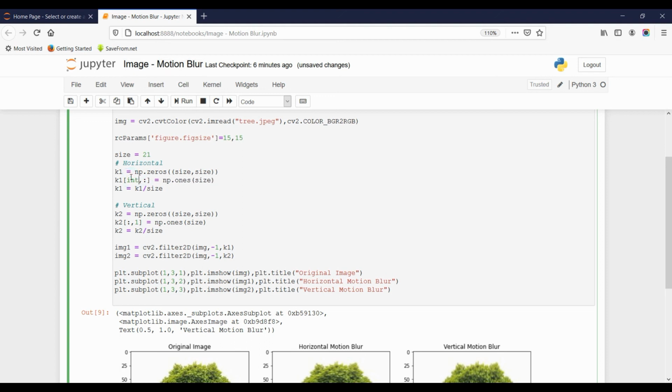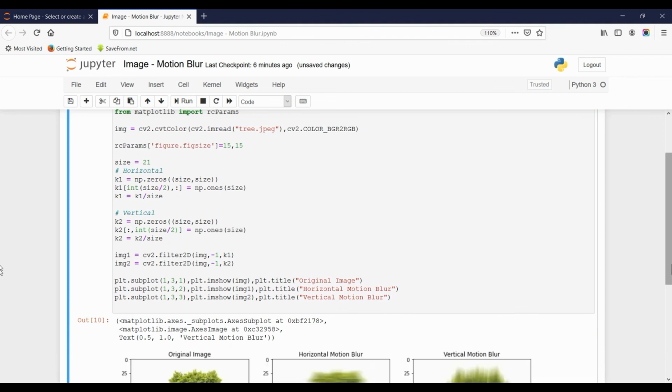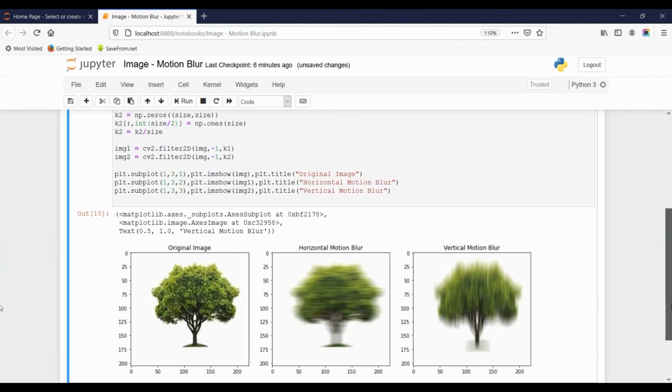Here I also have to write size divided by 2, and no matter whether the kernel size is even or odd, I have converted it into an integer. And now running it, yes, you can see the motion blur effect here.